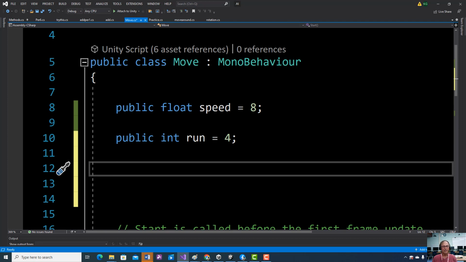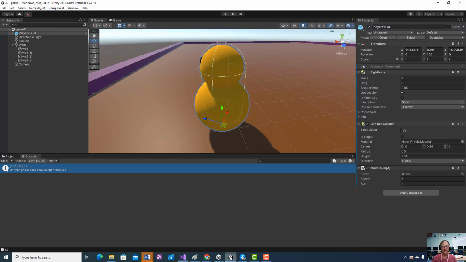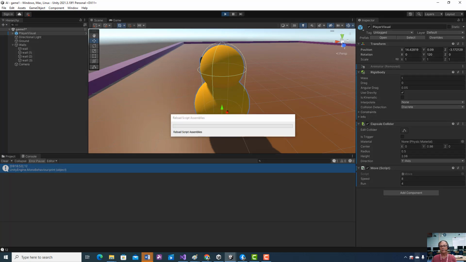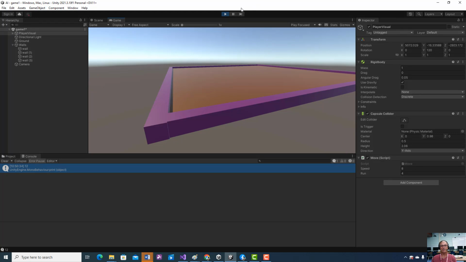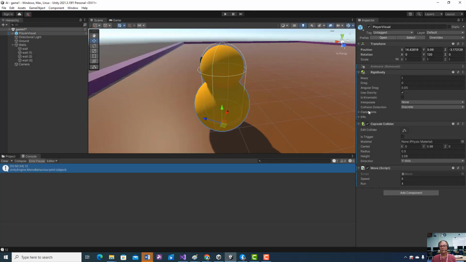So public means I can see it in the game. So if I come down here, I can see that variable in the game and I can change it. So if I start playing this game right now and we run it, it's so fast we could barely even see that thing move. But by making it public, I can come here and make it like 0.5